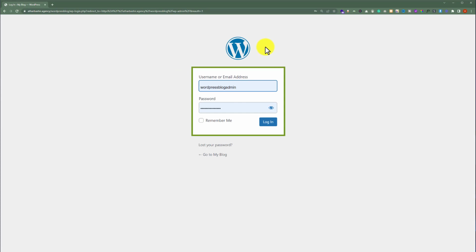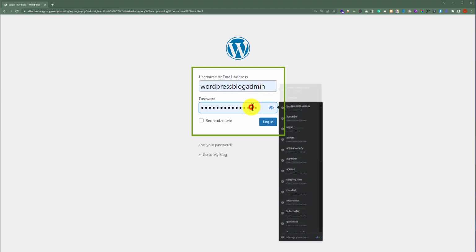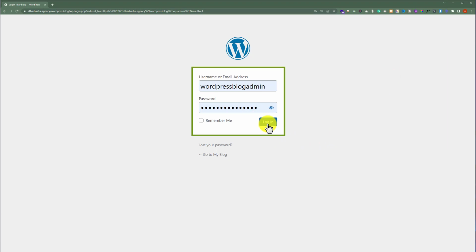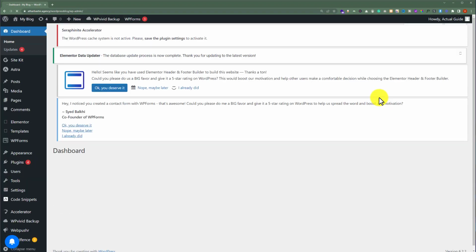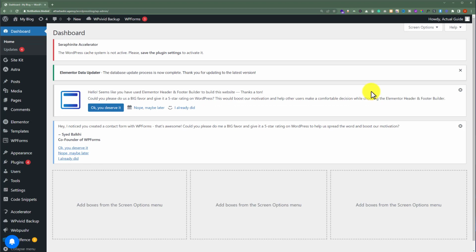And now we are on the WordPress website login page, and here we need to enter our WordPress username and password. Just enter your WordPress website username and password, and after that just click on login. And this will take us to our WordPress website dashboard, and from here we can do all the settings of